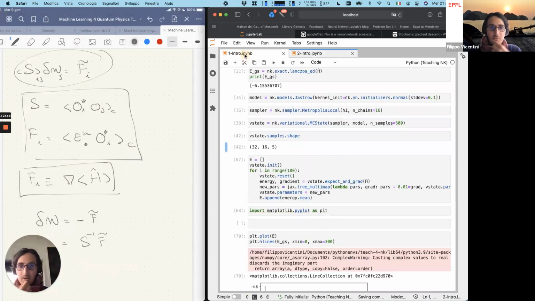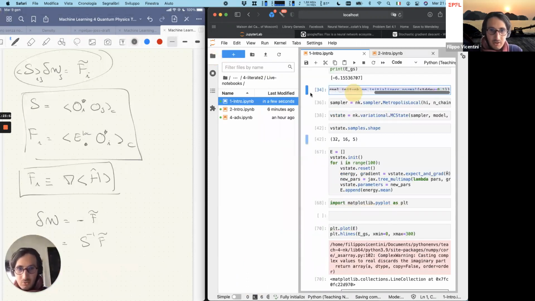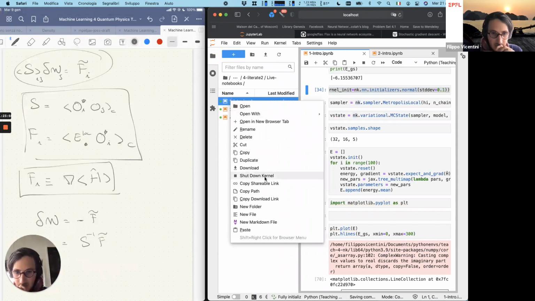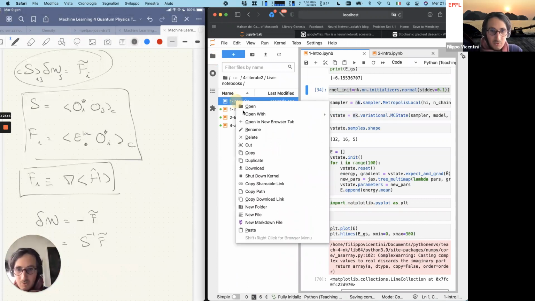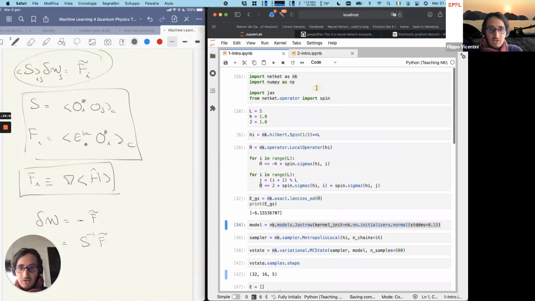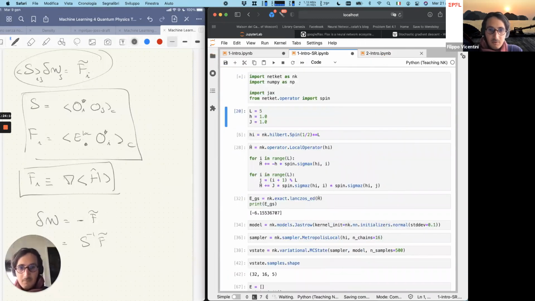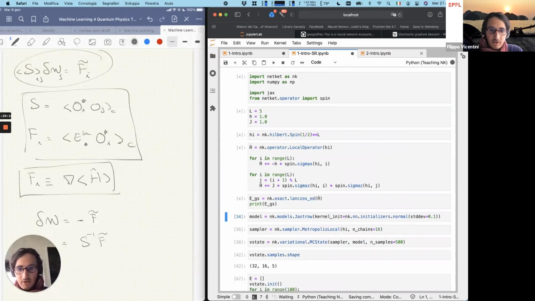I can go back to the old notebook. Okay, so I will just duplicate it. I will call it one intro as SR. This technique is called stochastic reconfiguration. So we just use the same notebook as before. Oh no, I'm using the wrong one. Sorry. And we just use the same notebook as before, but